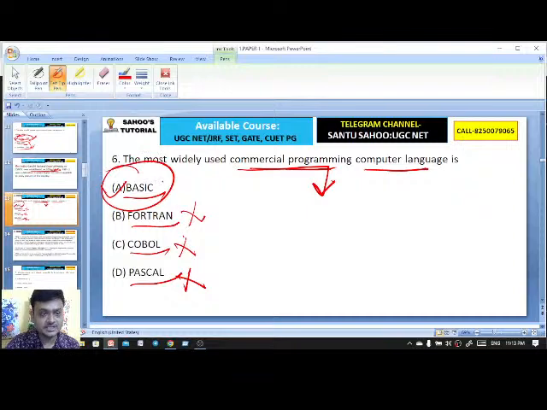BASIC is actually the commercial programming computer language widely used.